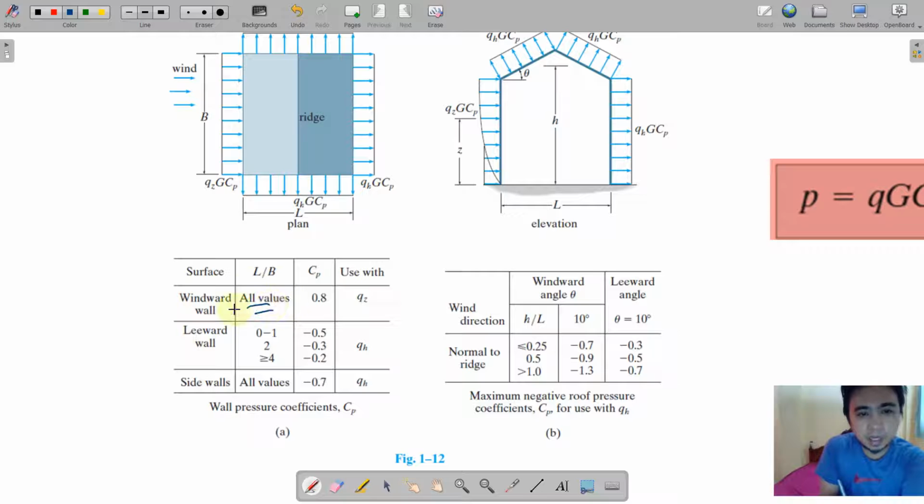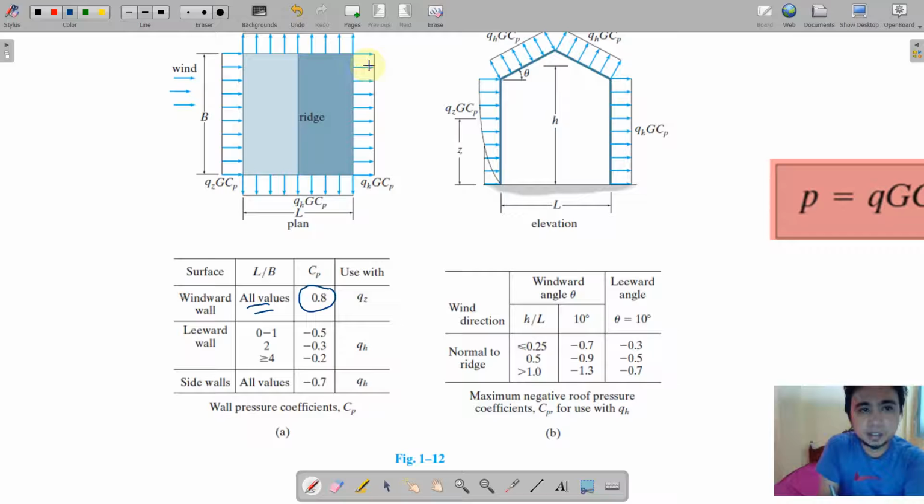no problem, all values has a CP of 0.8. And this is used with QZ. Okay? Ano ba yung QZ? Z is a changing value. Okay? So it must be used with QZ. And then leeward wall,